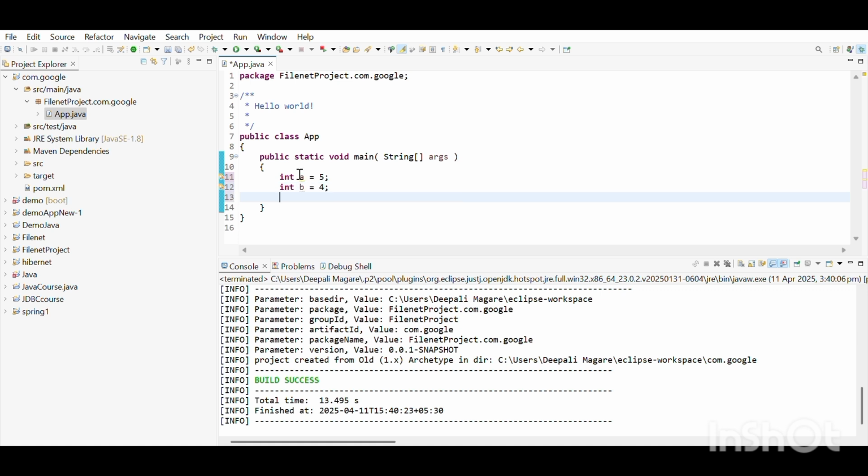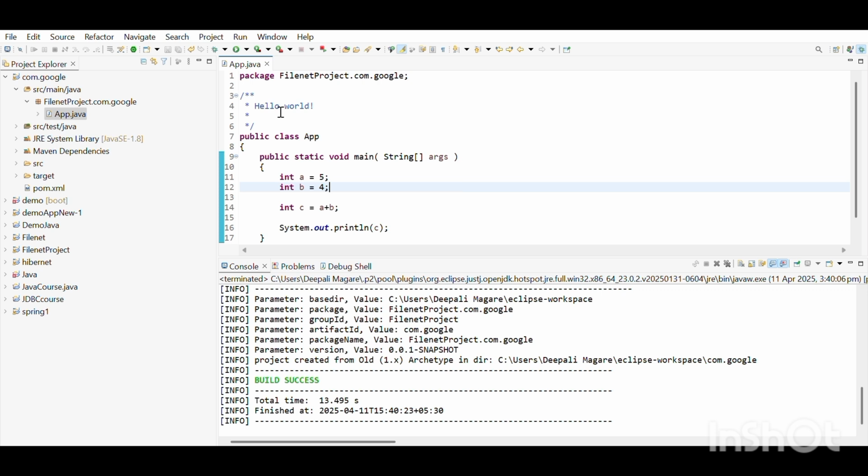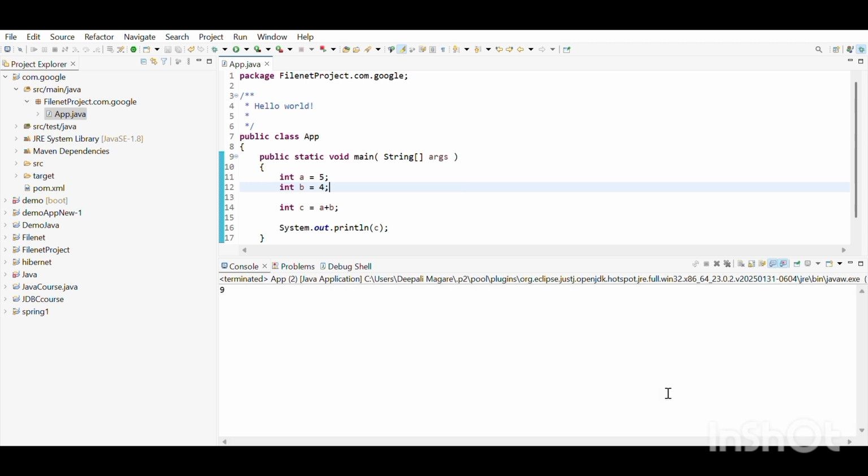So we'll define one variable, int a equals to a value, and don't forget to end it with a semicolon. Next is int b equals to a value, and then the variable in which we will store the result. So the addition of a plus b will be stored in c. In System.out.println we will print that result. We can write it as it is, or we can put the variable in it to show the value. So let's see